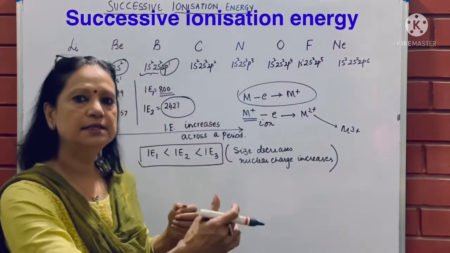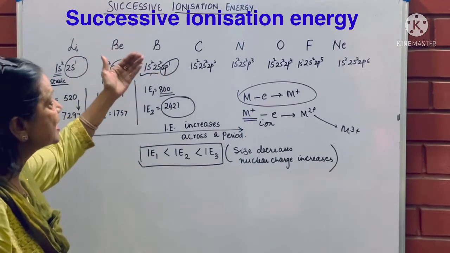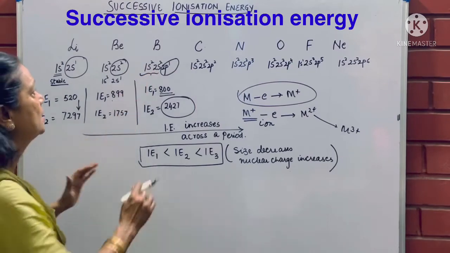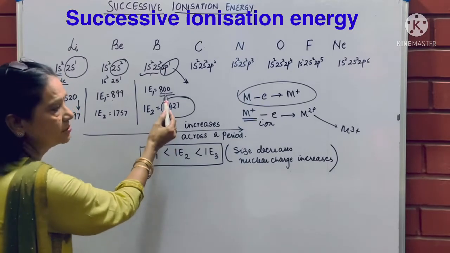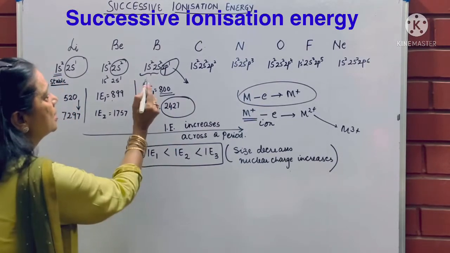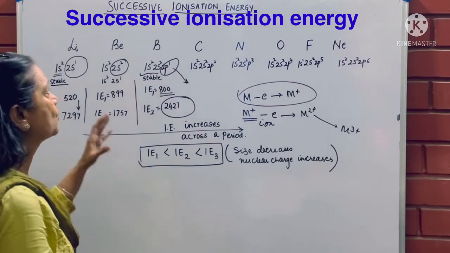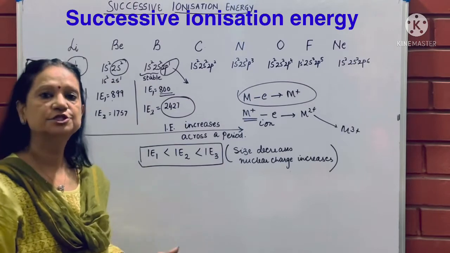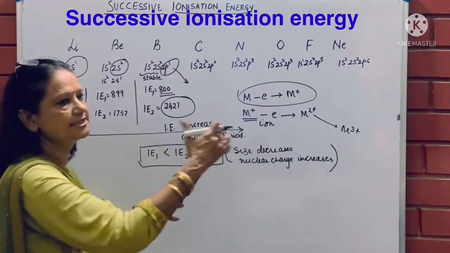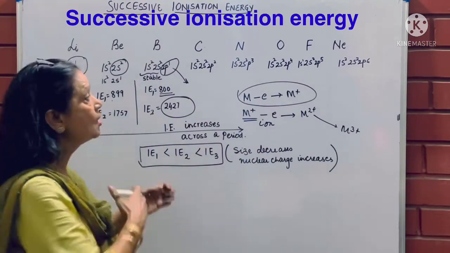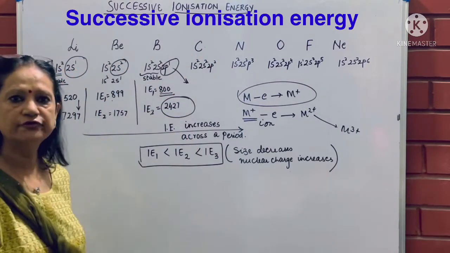Then less in P, then D and F. We cannot take out electron from s orbital very easily, especially when it is already stable. So first electron can be lost easily, but second will have so much larger amount of energy required because it will become stable at 1s2, 2s2. So while we are looking at ionization energy, different parameters we'll have to see. So you had only learned that left to right size decreases so the electron can go. But there can be discrepancy in between due to electronic configuration of various atoms.